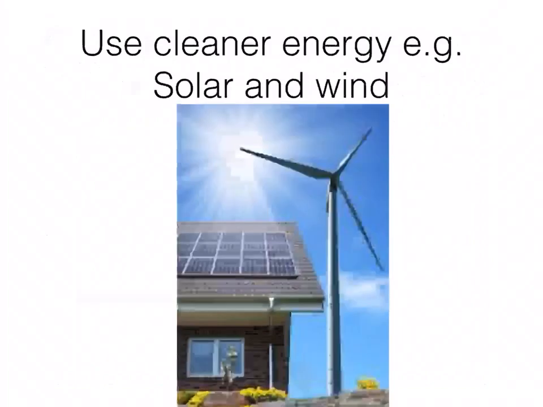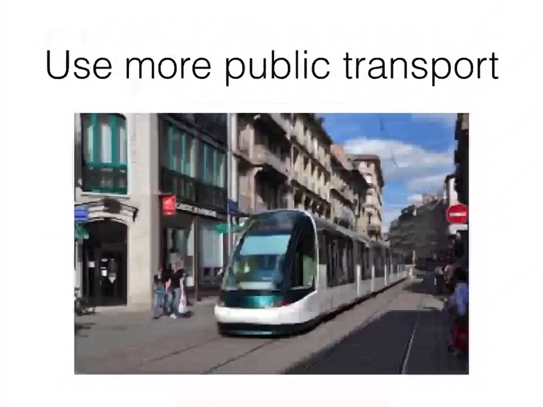We should definitely be trying to switch to more renewable, cleaner energy. So we should be demanding that our government give us electricity that's been formed from solar power, wind power, so that we reduce our reliance on burning fossil fuels. Therefore, we cut down on the likelihood of acid rain occurring. We should encourage people where possible to ditch the cars and use more public transport.